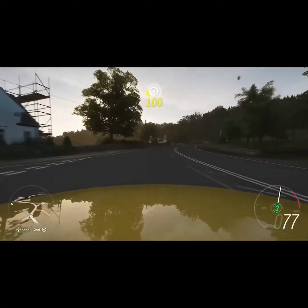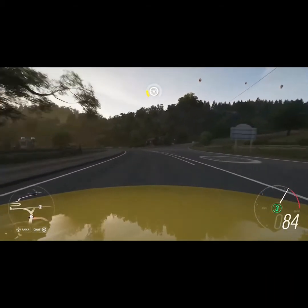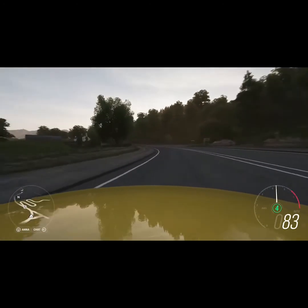I love that. There's one very rare car in the UK, but because this is Horizon, you can all get your hands on one, and you can get this by getting